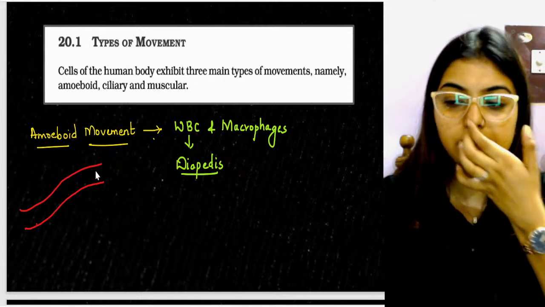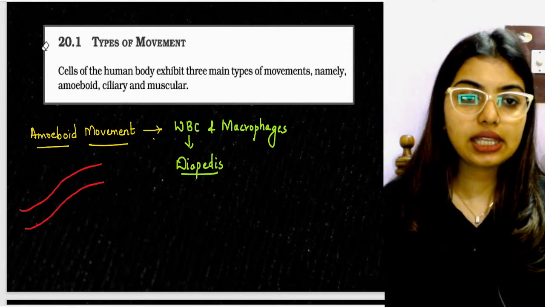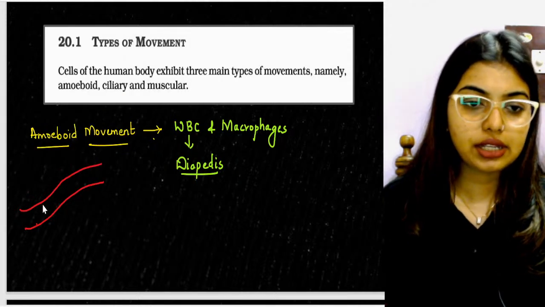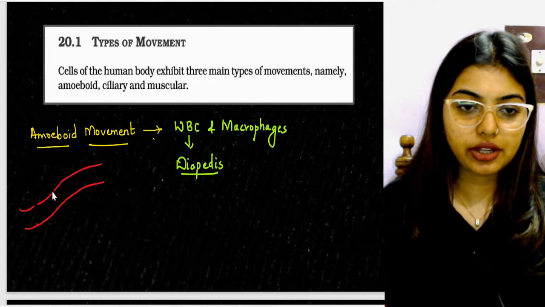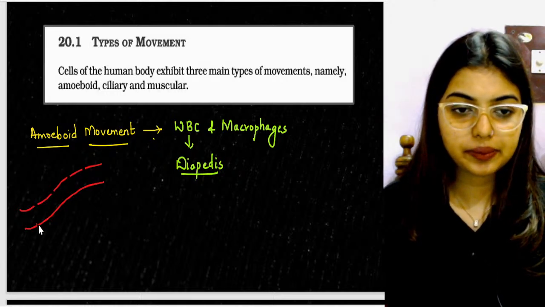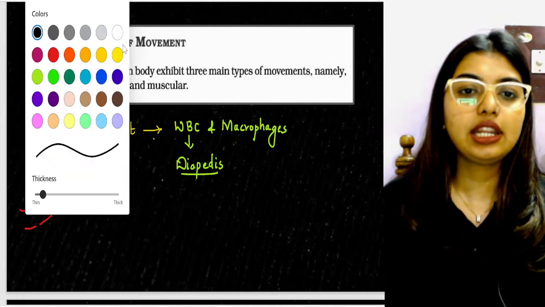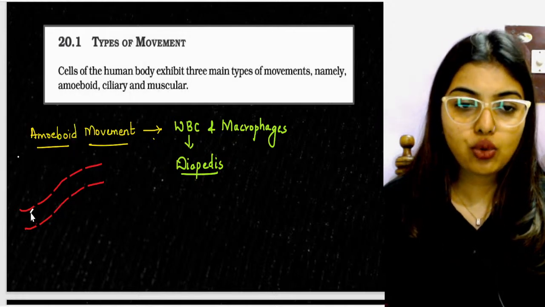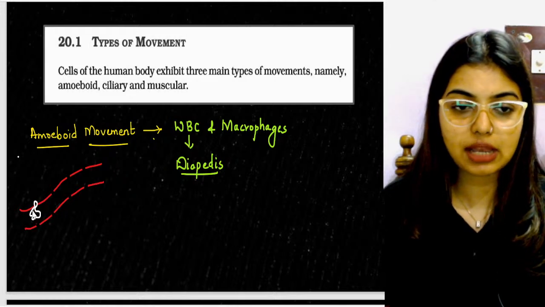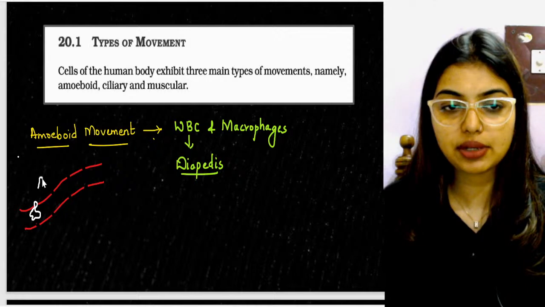Okay, now this is the capillary. Let's say that these are small pores on the capillaries. Now your WBCs, this is your WBC, are going to ooze out of this capillary and go outside and they're going to